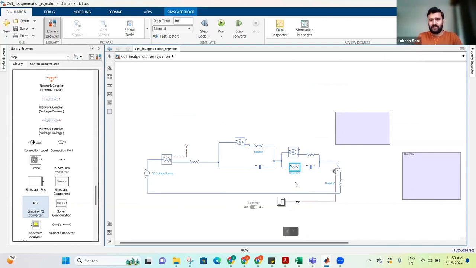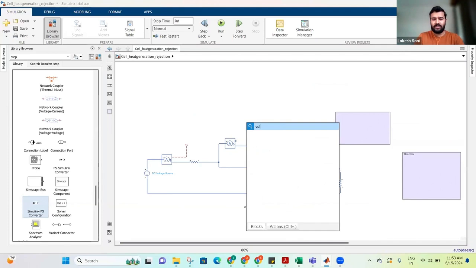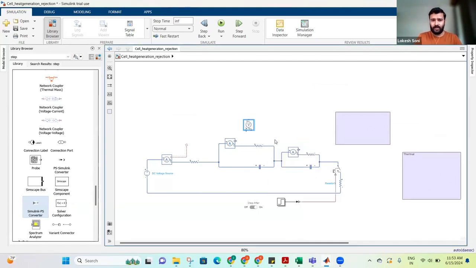Okay. So just to keep things simple, because we don't have a lot of time in today's session for the modeling part. So for current, I know I need to do voltage into current or I square R. The easier way in this particular circuit is doing voltage into current. So I'll just take a voltage sensor also. Okay. So controller, yeah,